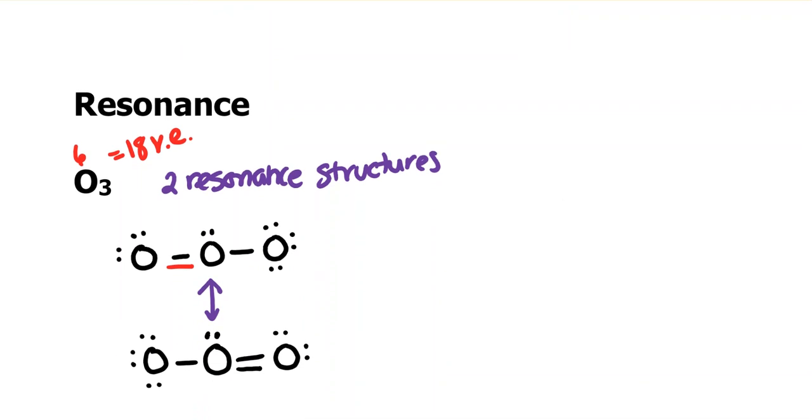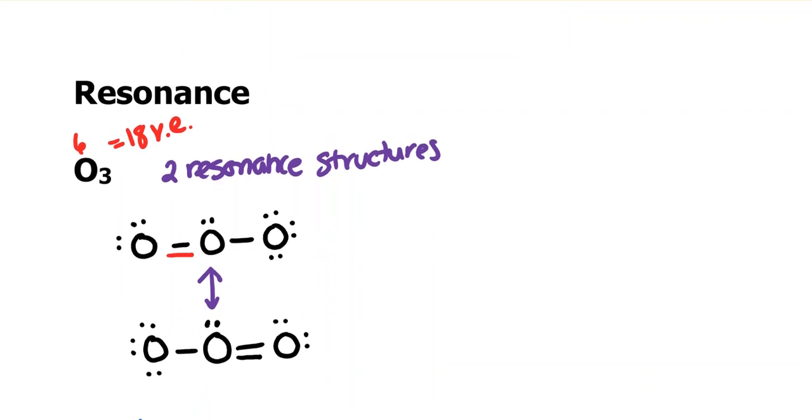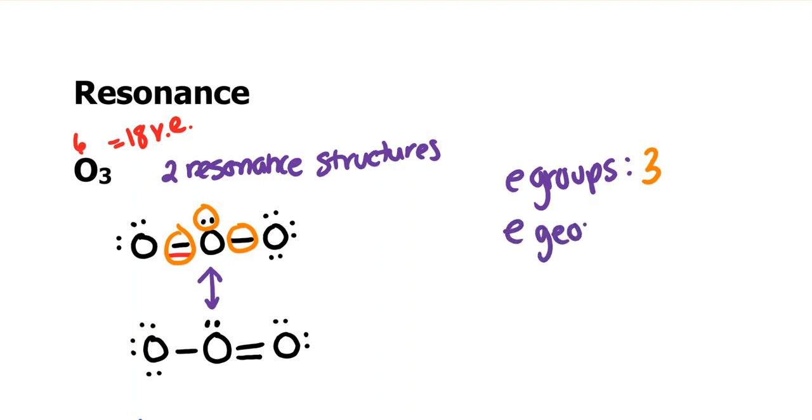Okay, so for this one, our ozone, how many electron groups? And with resonance structures, they have to have the same geometry. So just choose one of them, and we'll count groups. This one has 3 electron groups. 2 are bonds, and 1 is a lone pair. So there are 3 electron groups. So the electron geometry